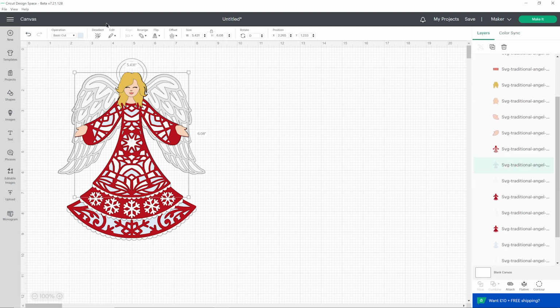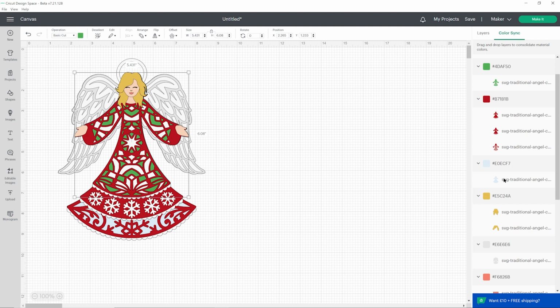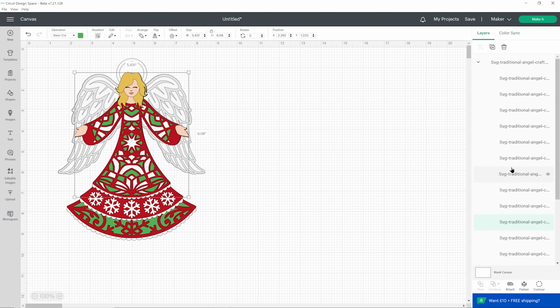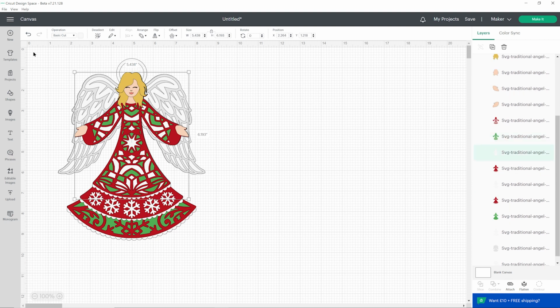And then I'll do the same. So maybe the light blue could be changed into a green, a nice Christmas green. And there's only one other one of them. And then the white, what should we do for the white? I mean, maybe that could stay as white. She looks very Christmassy now.